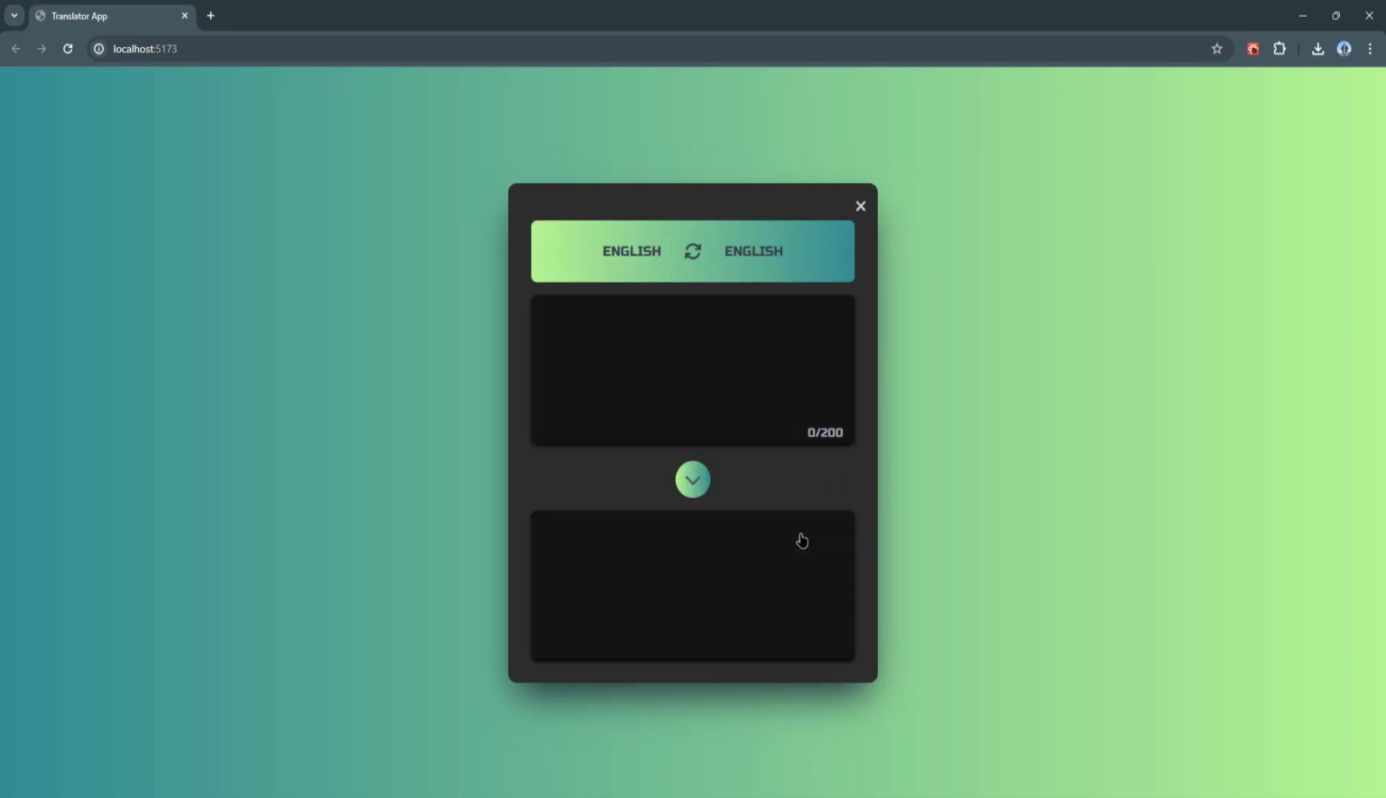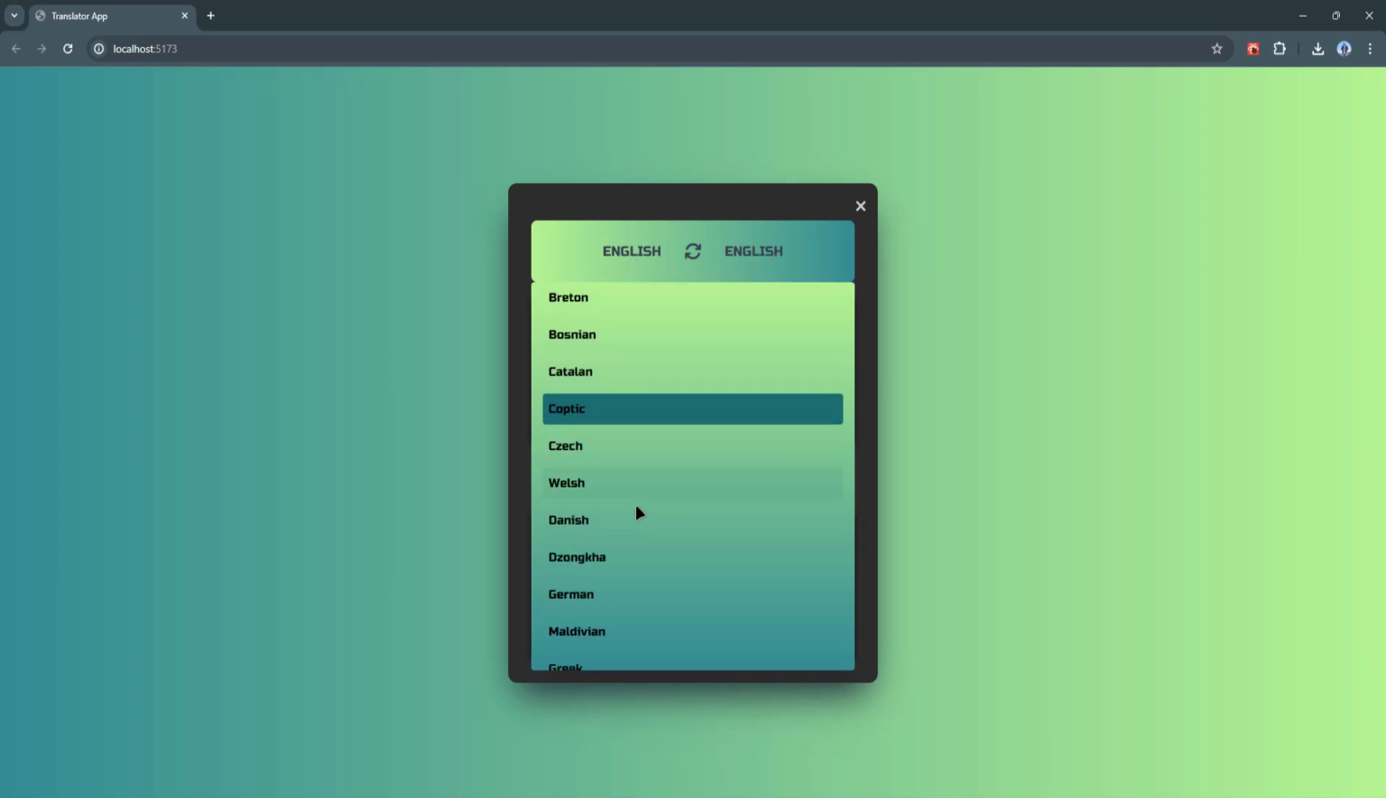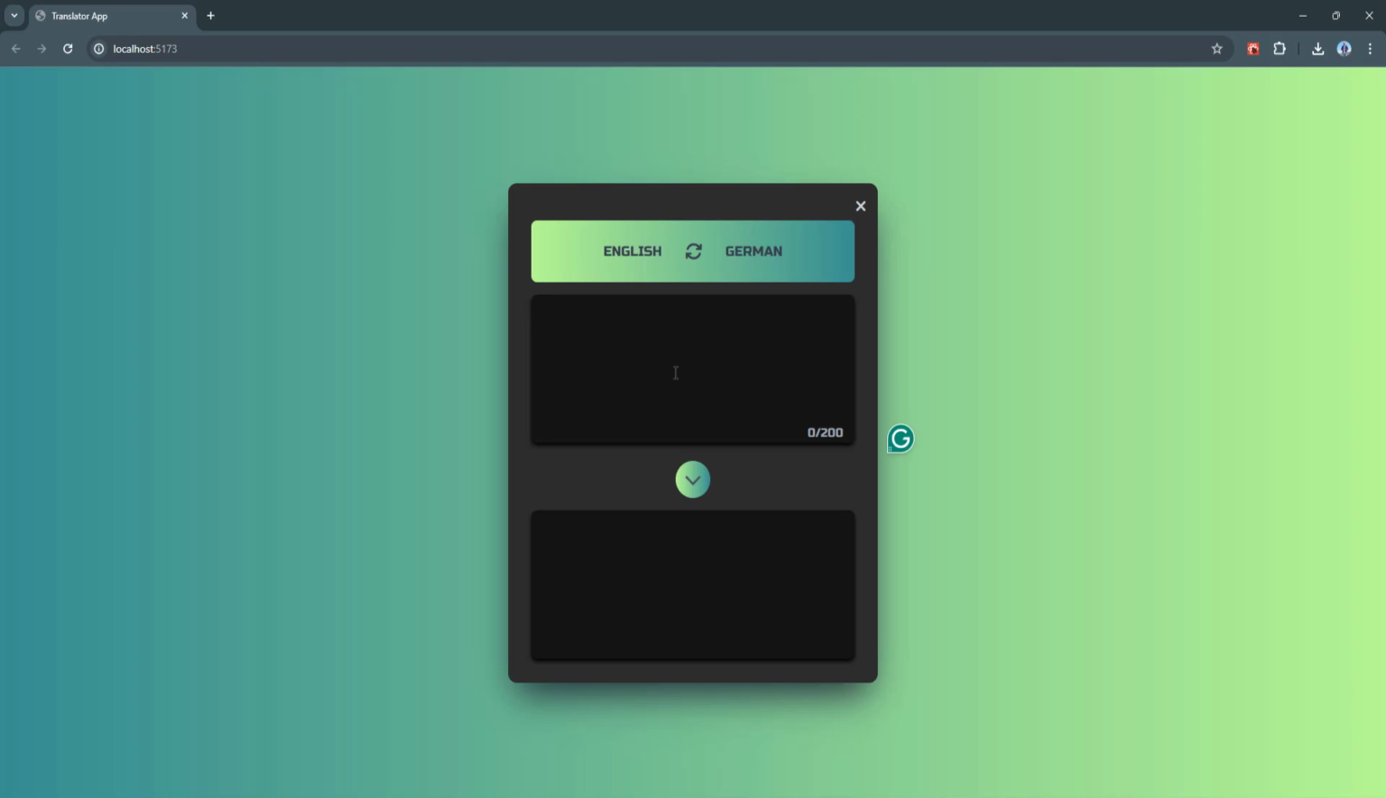Once users click the start button, they will be taken to the app component. This component is where the main functionality of the app lives. Users can select the languages they want to translate from and to. There is a text area for entering the text they want to translate. Another text area will display the translated text. Users can swap the selected languages with a single click. The app component also has a feature to limit the number of characters that can be entered, ensuring smooth performance